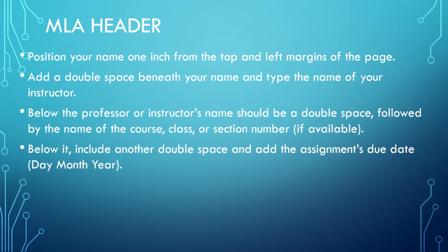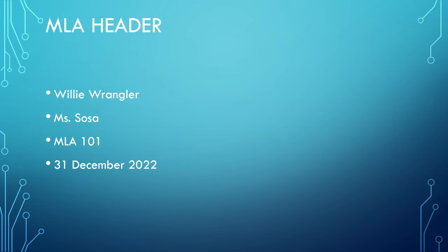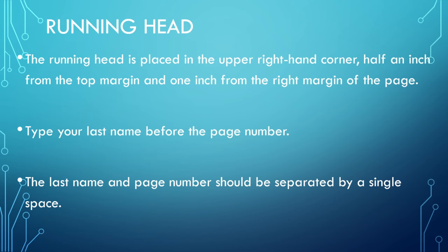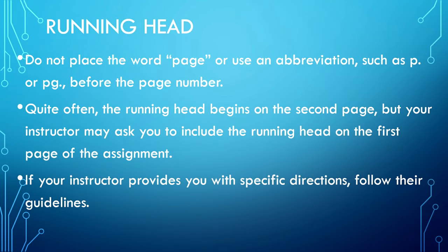When you have all of the info inserted, it should look something like this. Your name should be 1 inch from the top of the page, and remember to double space everything. The running head is going to be placed in the top right corner of the paper. This should include your name and the page number divided by a single space. No hyphens or colons, no putting page or PG. The running head typically starts on page 2, so it should say your last name, a space, and the page